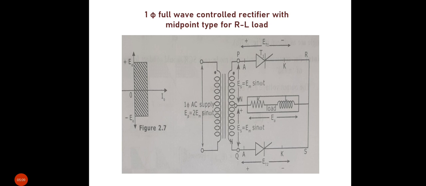T1 is in forward bias condition and T2 is in reverse bias condition. Give the gate signal to thyristor T1 at omega t equal to alpha. The load voltage traces the supply voltage and the load current follows the path P, T1, RL load,